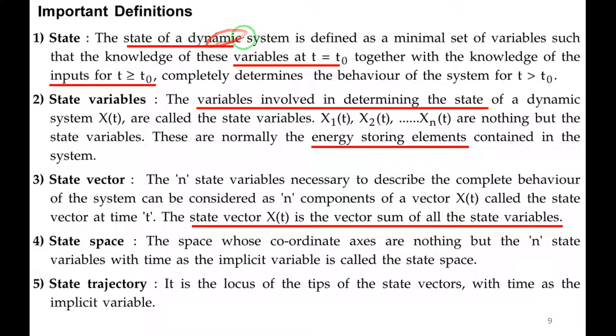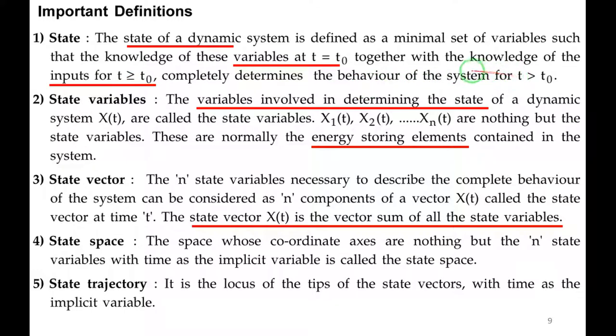Because the system has memory, we call it a dynamic system. It depends on the input as well as initial conditions of the system. Please keep in mind, right? The state of a dynamic system is defined as the minimal set of variables such that the knowledge of these variables at time t equal to t naught, that is the initial condition of the system, together with the knowledge of the inputs for t greater than or equal to t naught, completely determines